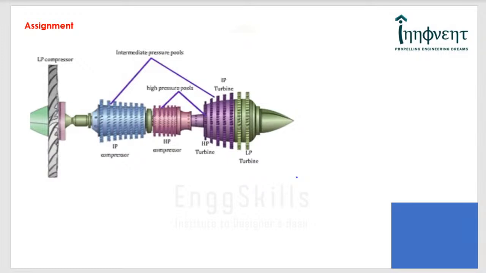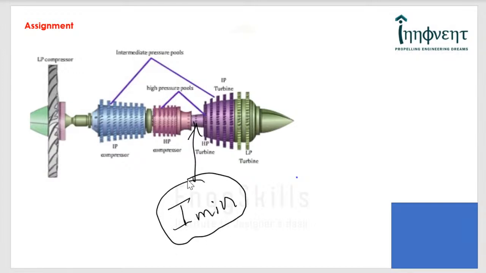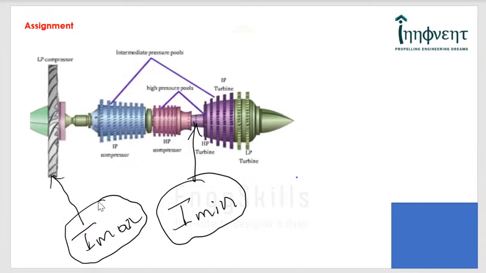Now the question is, generally the gas turbine is started by starting the HP spool, because this is the spool with the minimum mass moment of inertia. That means within a very short period of time you can start the engine. In fact, you can assess it with basic equations of motion if you idealize things. But today people are talking about starting the fan, which has maximum inertia. You can have a detailed discussion on how it is possible.